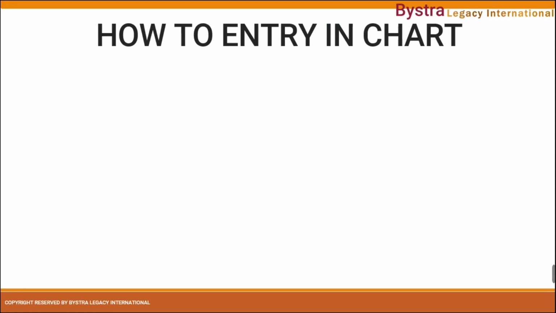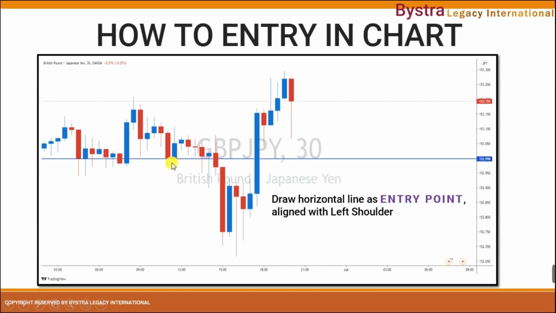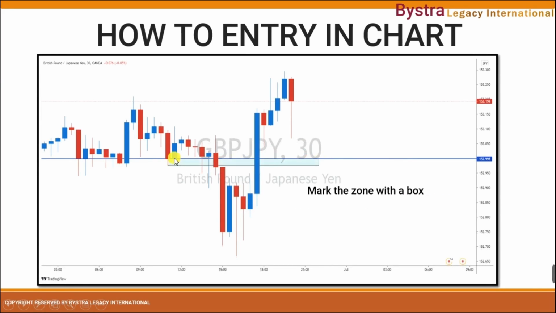Now let's look at how we enter in the chart. Here there is a pair, GBP JPY, on an M30 time frame. There's a QM pattern here. Let's mark the horizontal line as our entry point. This is our left shoulder, and then we mark the zone up to the wick,